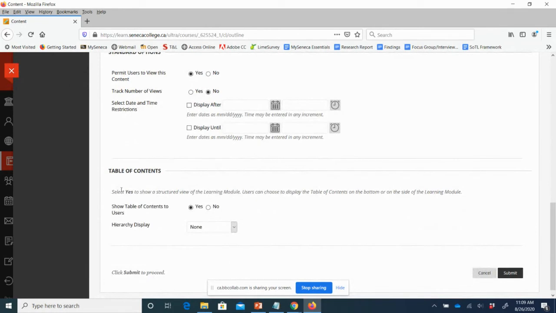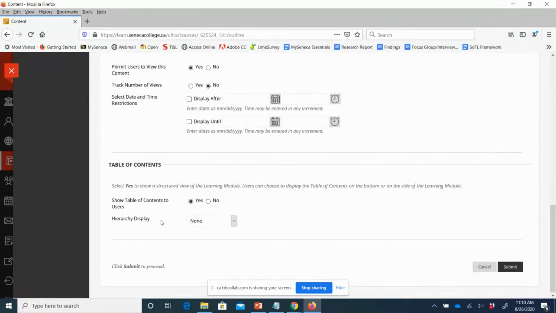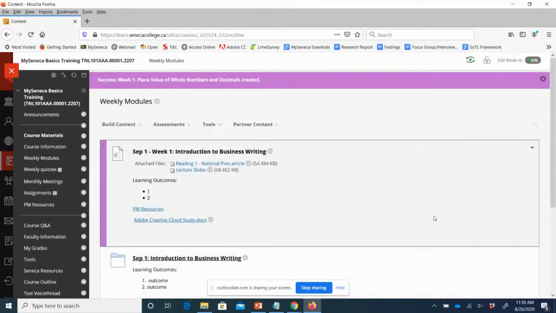Okay, so the other thing is, do you want to show a table of contents to users? Yes, that's one of the advantages of using learning modules, an alternative hierarchy display that they can see. Now you have options about how the table of contents is viewed. You can use letters, mixed numbers, Roman numerals, that kind of thing. I just say none. It's pretty self-explanatory. Again, unless absolutely critical, I just say no, and then you'll see obviously what the table of contents looks like as we go along. And I'll go ahead and submit that container,